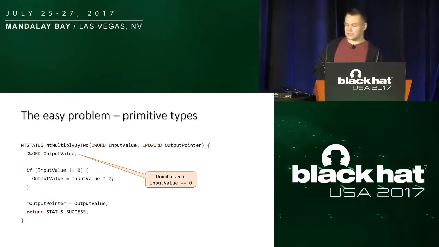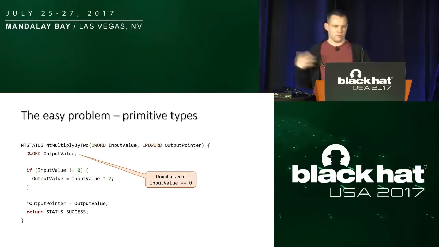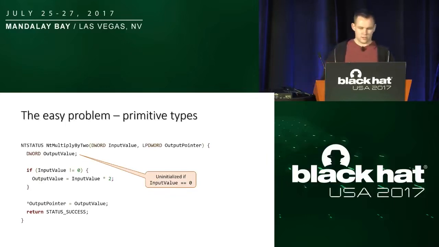So let's go back a little bit and think about when writing uninitialized memory or some kind of unintended memory to user mode can happen. We have this easy problem, on the example of a fake Windows system call implementation, of writing an uninitialized value of a primitive type variable. Here we have a system call which calculates the multiplication by 2 of a value. And of course, as we can see, the local output value is not initialized if the input value is equal to 0. So then we are leaking